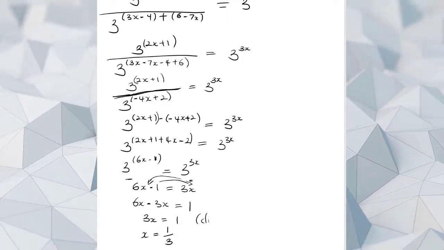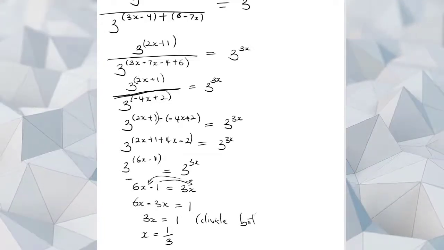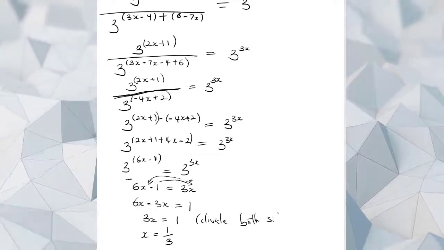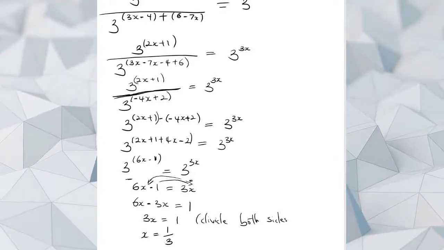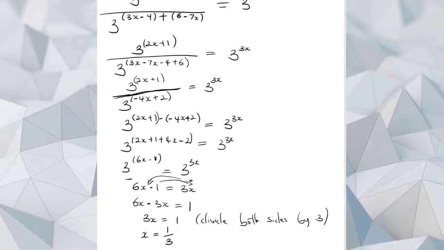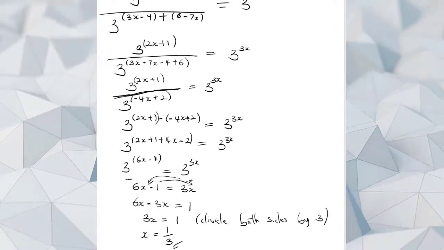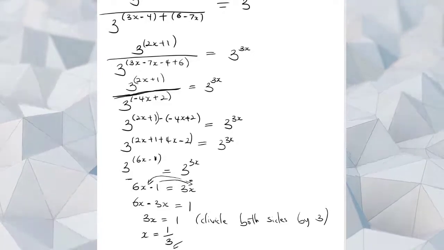But remember, we're dividing both sides by 3. So we have that x is equal to 1 over 3. And that is the solution to